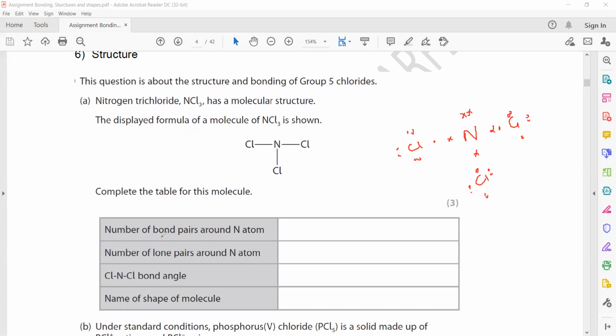They're asking the number of bond pairs around the nitrogen atom. Around the nitrogen atom, this is one bond pair, second bond pair, and the third bond pair. So there are 3 bond pairs around nitrogen. The number of lone pairs around nitrogen: there is only one lone pair. Next, the bond angle. To work out the bond angle, we check how many bond pairs and how many lone pairs there are. There are 3 bond pairs and one lone pair, so the bond angle will be 107,